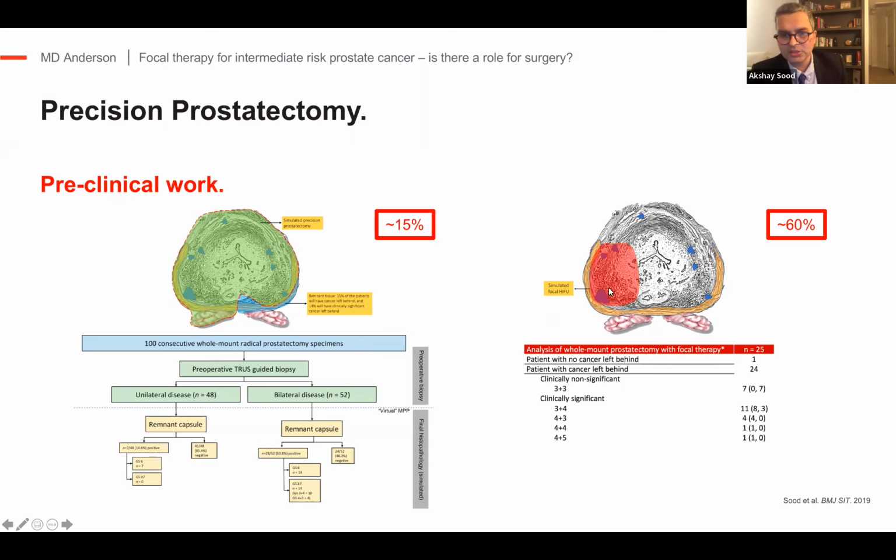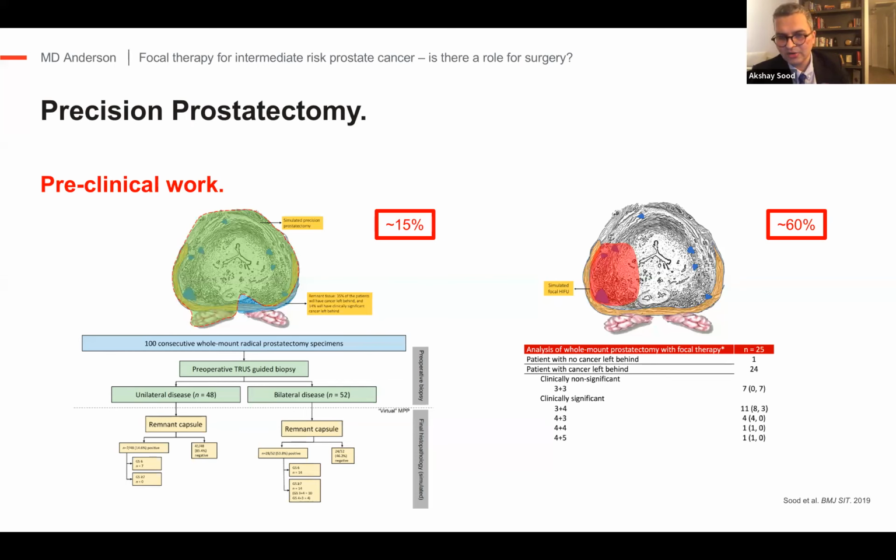And then we performed histopathologic analysis of where these prostate cancer lesions were, and we simulated focal HIFU for these patients. So just based on the prostate gland size, out of these 100 patients, 75 would not actually meet the focal HIFU criteria. But 25 patients did meet the HIFU criteria based on the prostate gland size. If we were to perform focal HIFU near the dominant prostate cancer lesion site, as Ahmed et al. had done, with a 5 millimeter margin away from the peripheral zone so as to not damage the nerves, you can see almost 60% of those patients would be left behind with clinically significant prostate cancer.